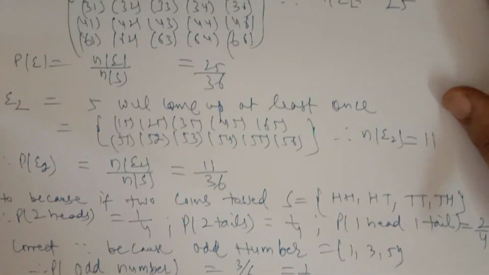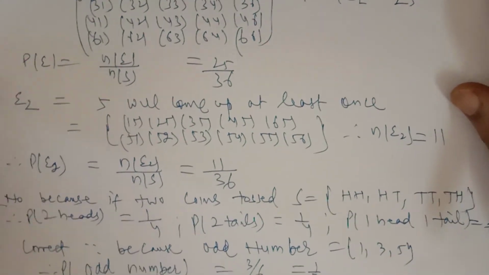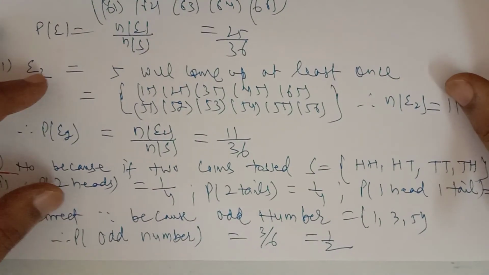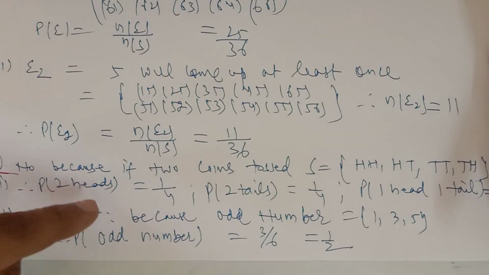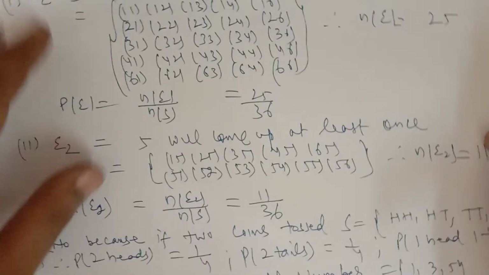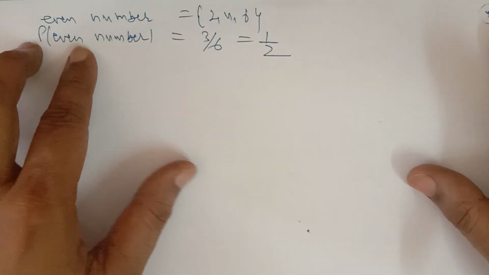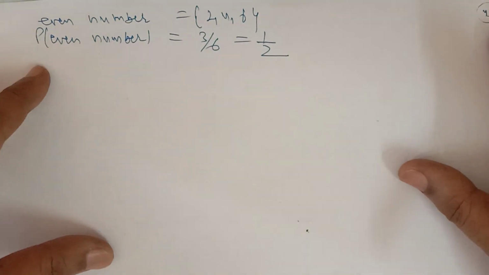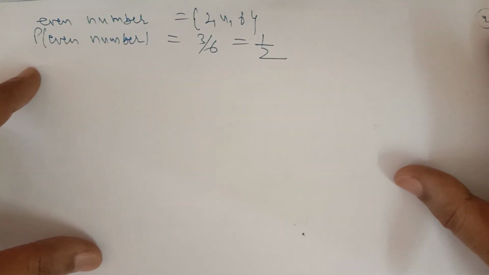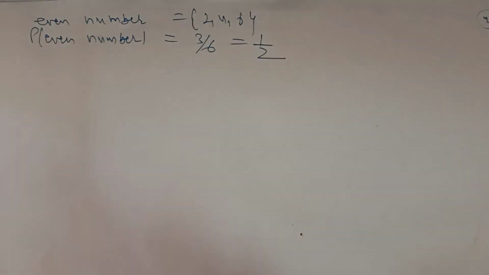Now if a die is thrown once, तो क्या probability even और odd नंबर आने की सेम है? हाँ सेम है, क्योंकि odd नंबर में कौन कौन सी इवेंट होती है? एक डाई में 1 3 5। तो ये कितनी इवेंट हो गई? 1 2 3, 3 upon 6, 1 upon 2 आ गया। तो odd नंबर आने की probability डाई में कितनी है? 3 upon 6, that is 1 upon 2। इस तरह से इवन नंबर आने की probability भी क्या है इन डाई पर? 2 4 6, तो उसकी probability भी कितनी है? 3 upon 6, that is 1 upon 2। तो इसका मतलब सेम है, एक डाई में इवन नंबर और ऑड नंबर आने की probability बराबर बराबर है, जो कि 1 upon 2 है।